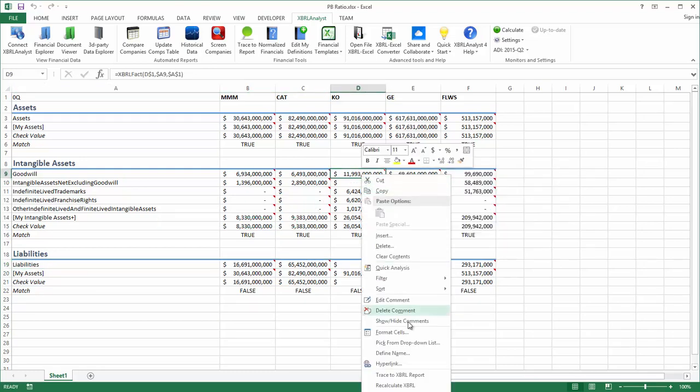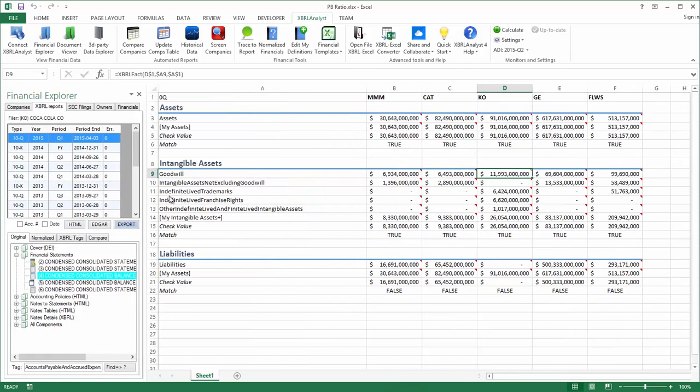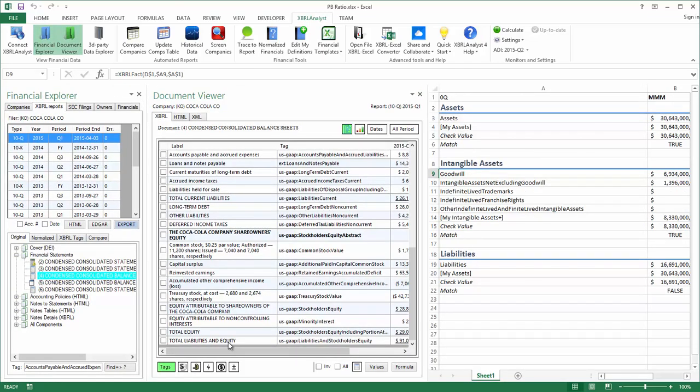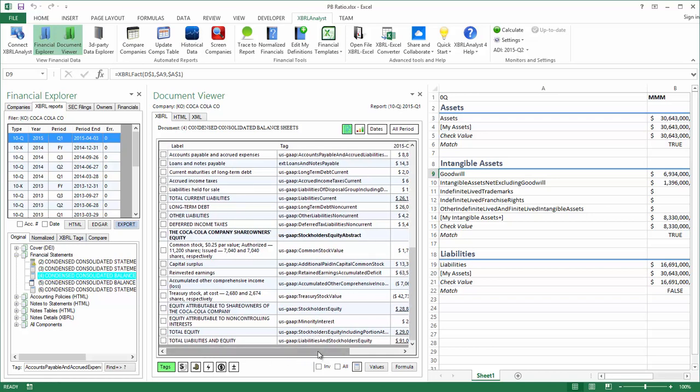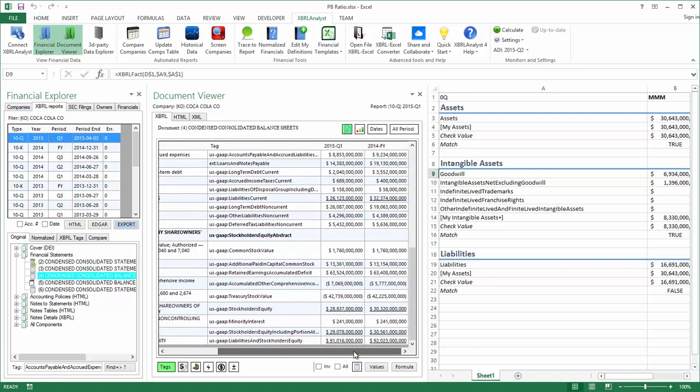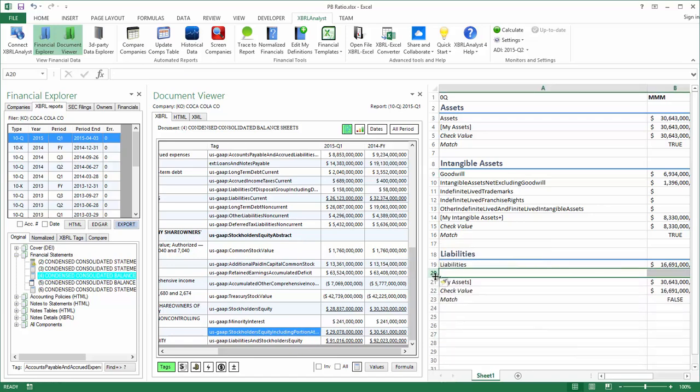So we're going to go back to the balance sheet using the trace to report feature here. And so at the bottom down here, we see that they have total liabilities and equity, as well as total equity. So what we could do is subtract this value from this value to get a value for their total liabilities. And so again, we'll just make some more space here